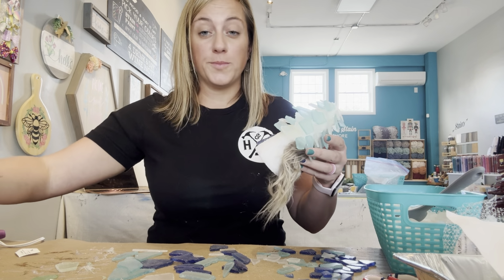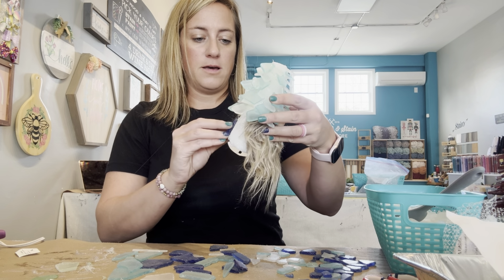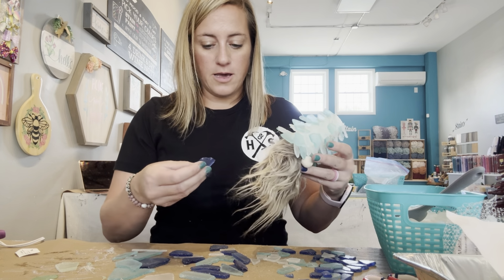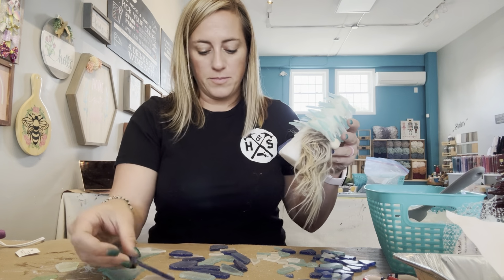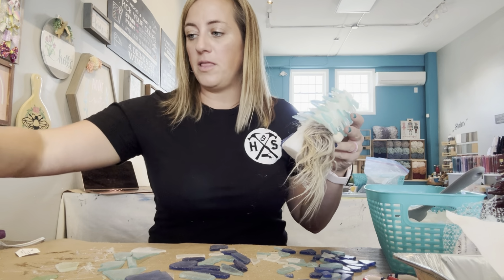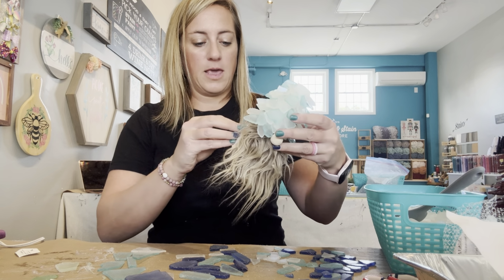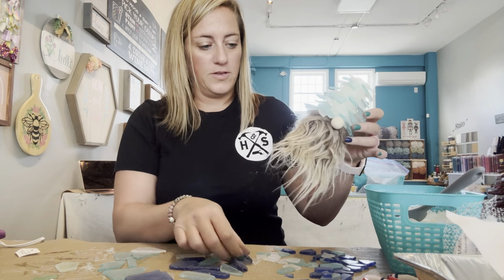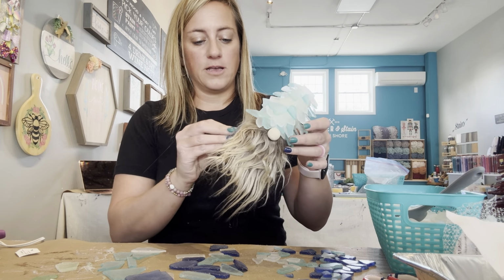So those larger pieces are definitely great, especially for this first row for your shirt area. You want to use the larger pieces. This piece right here, a little too big. Not going to use that one. But like I said, you can always break them and cut them, or break them and use the smaller pieces if you need to. I'm going to use the biggest pieces that I have as I go around and create